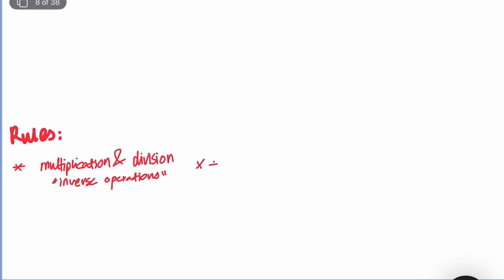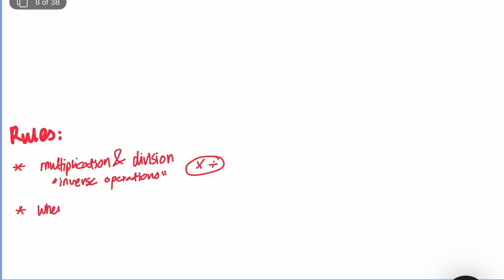Again, multiplication and division are basically inverse operations. They cancel each other. When you want to cancel multiplication, we use division, and when you want to cancel division, we have to use multiplication. Now, one more thing is